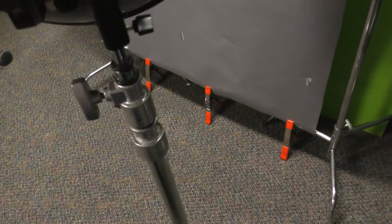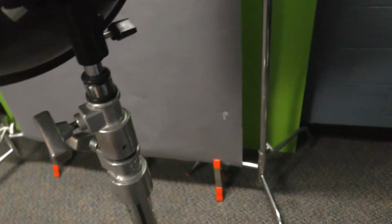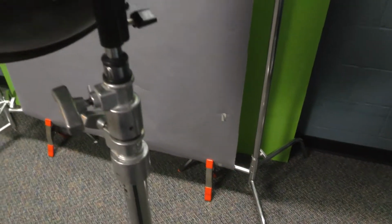Okay, so it goes on the pole just like that. Make sure that this one is loosened enough so it sits on that pole, and then go ahead and tighten it back up. Perfect. It sits on just about any tri-stand like this, but if you have a Matthews stand like this, it is very sturdy on these more than the others. And now you can raise it up in the air just by raising it and then tightening these